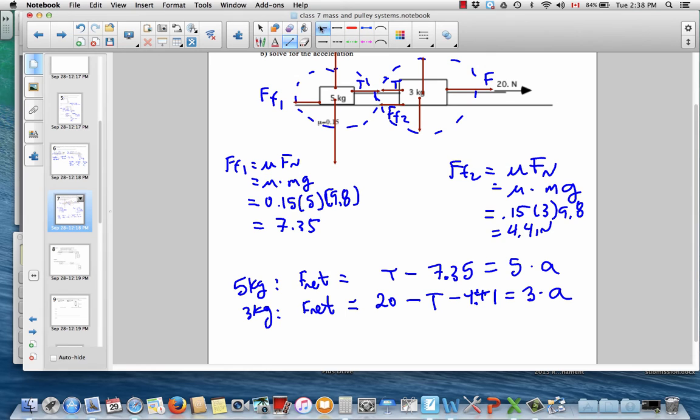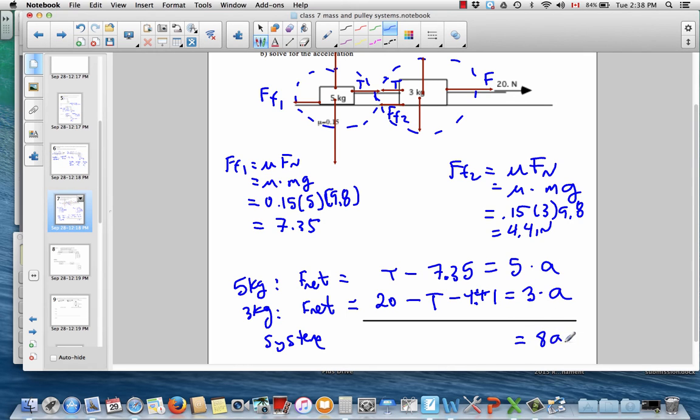Okay, so we're going to solve these equations simultaneously, and that will tell us what the acceleration is for our system. So an easy way to solve these is just by adding the right sides and adding the left sides. If we add 5a and 3a, we get 8a. When we add on this side, we've got plus T and minus T. That's just going to cancel out. And then what we're left with is